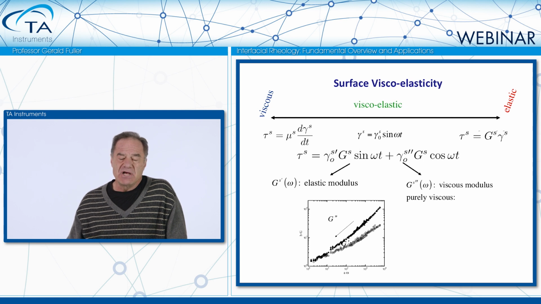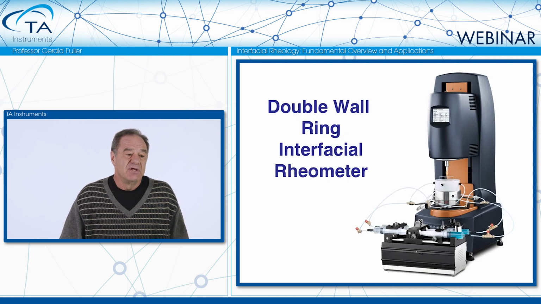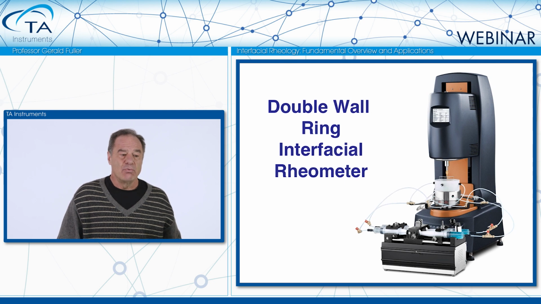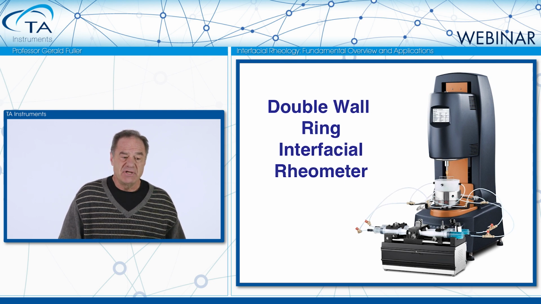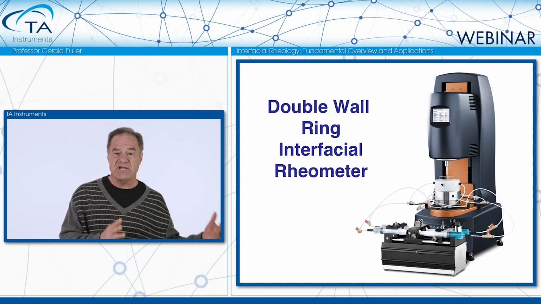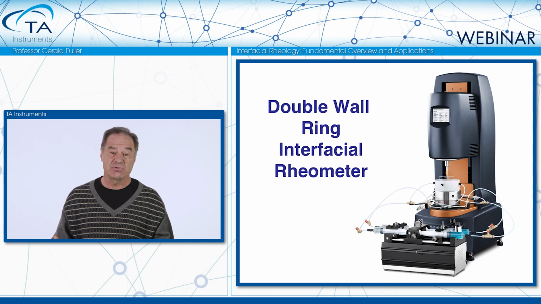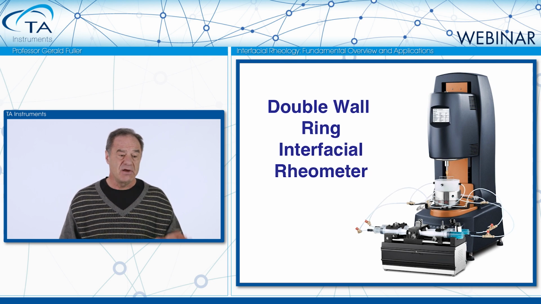So we'd like to measure the surface viscosities. We'd like to measure surface moduli. And you can do that very successfully with the double wall ring interfacial rheometer, shown here. This allows you to take a rotational rheometer and convert it into an interfacial rheometer. And you can see here the